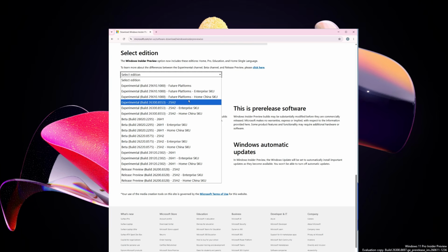26H2 enablement path. Now, after you install this build, you don't need to do anything complicated, just run Windows Update afterwards, and your system will gradually move forward and receive the latest Windows 11 26H2 preview updates. So, if you are in a hurry and just want the official ISO file, this is the simplest method you can use. You install this base build first, and then let Windows Update handle the upgrade to 26H2 in the